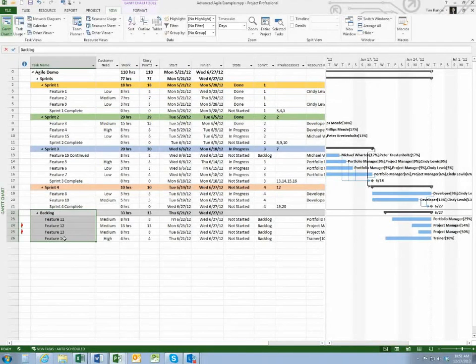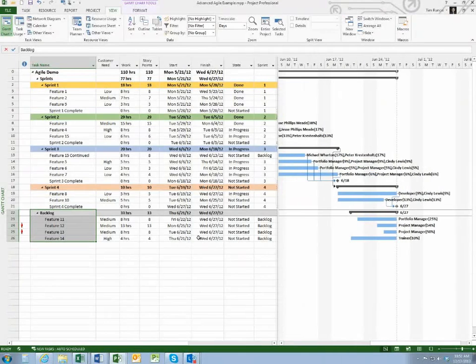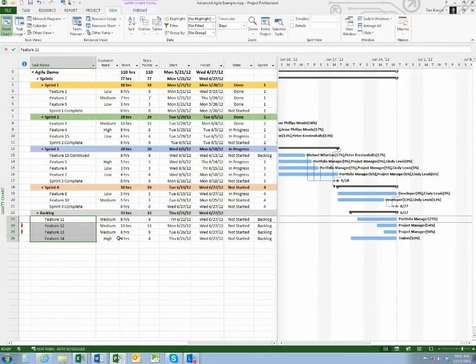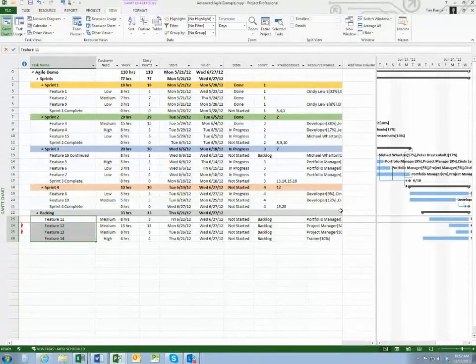Now I've laid this down where I put the backlog down below here, and let me showcase another feature in a successful schedule that will help you in terms of the backlog. So remember, we might know who is going to do it. We may have assigned resources specifically to this, and so whether it's a generic resource or a person's name, we have people that we can assign to that. But one of the things that will make a good, successful backlog, if you're building an Agile or Sprint schedule,